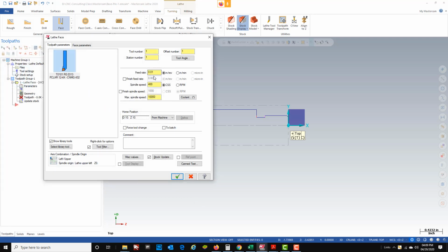Feed rate of 10 thousandths inches per rev. 400 constant surface footage. So we're not programming RPM on a lathe. We're always going to be programming constant surface footage. So as the diameter changes, my RPM calculation is going to change. Maximum spindle speed, we're going to set this at 3,000, depending on how your machine is where you'd set that